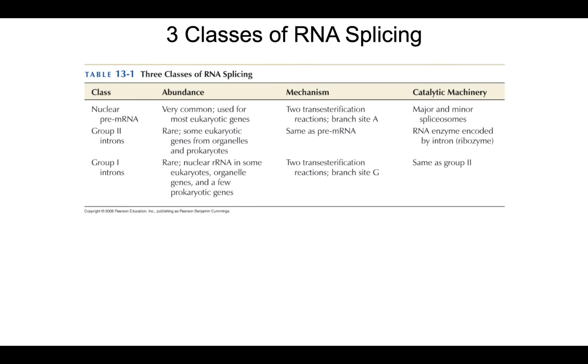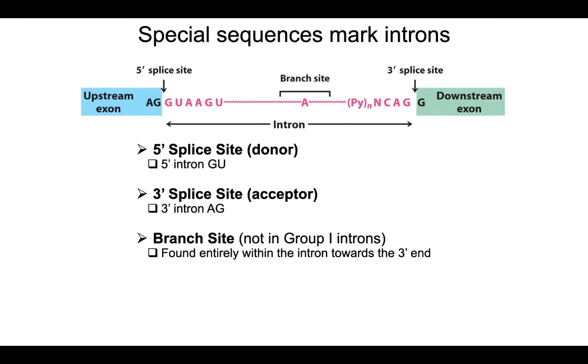All right, there are 3 classes of RNA splicing. 2 of them are very rare. They're not used very much, only in very specific organelles or organisms, and that's group 1 introns and group 2 introns. And then the most common is the spliceosomes. So let's take a look at these group 1 and group 2 introns that exist in just a few organelles